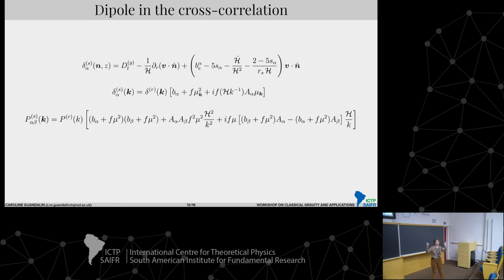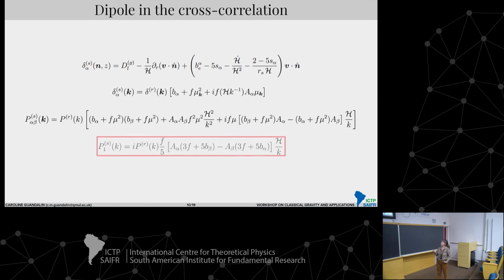So I showed two faint galaxies and a bright galaxy, which could be alpha and beta, two different objects that trace the dark matter distribution differently. And when you compute it, you see that this expression appears, and this term is proportional to the projection along the line of sight. So you can use the Legendre decomposition to extract its moments. So in this particular work, we tried to see if we could find this dipole in the power spectrum of redshift-space dark matter halos from the Devolution simulation.